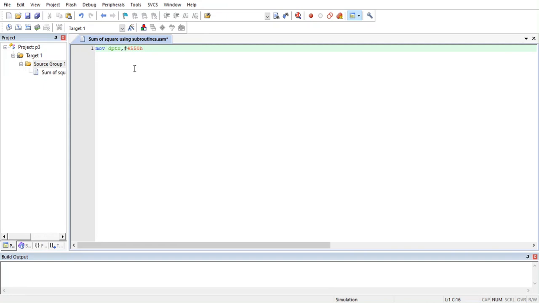Let's take 10 data from this particular memory location, and we'll square those numbers, whatever data is there at these memory locations, starting from 4550, and then we'll square them, and then we'll take the sum of it. So let's say if you want to take 10 data, definitely we'll be using a loop, and for the loop we'll require a counter. So let's use a counter, move r7. So we'll take r7 as the counter, move r7 comma hash 0Ah.